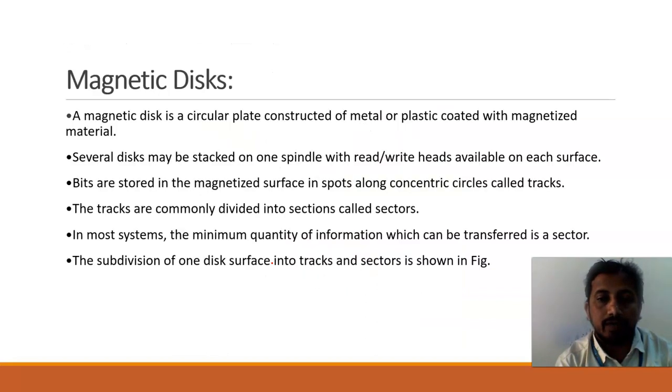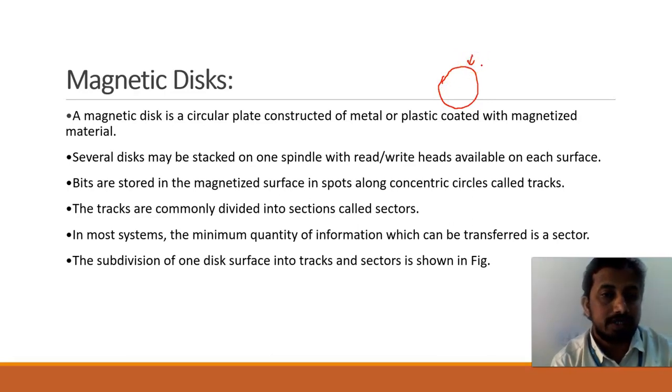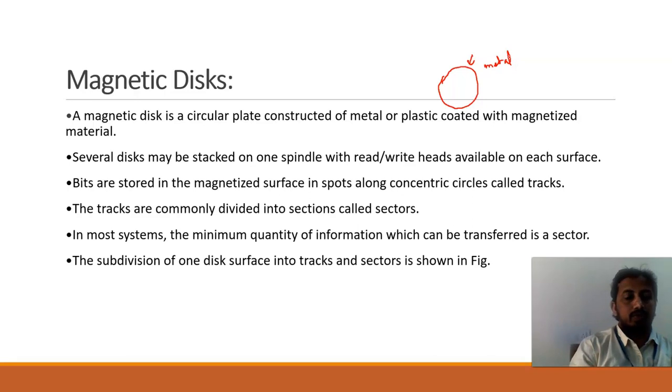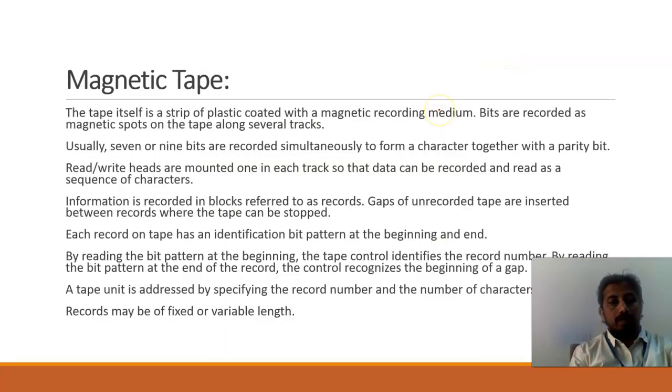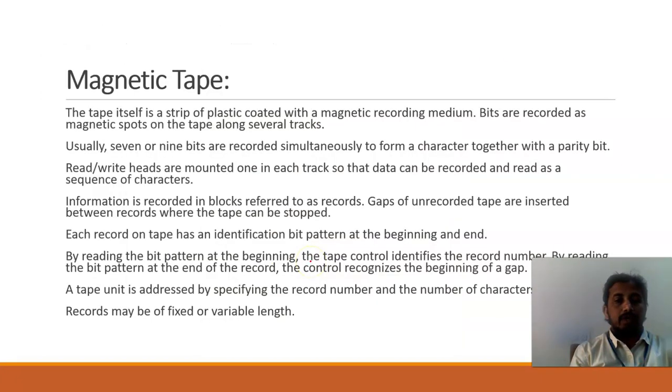So coming to this one, first of all, the topic of magnetic disk. Disk means it would usually be a circular plate. The plate would be constructed of metal, or it would have a plastic coated magnetized material. So it would be a metal. You can see over here that inside it would be circular in nature, and it would be made up of